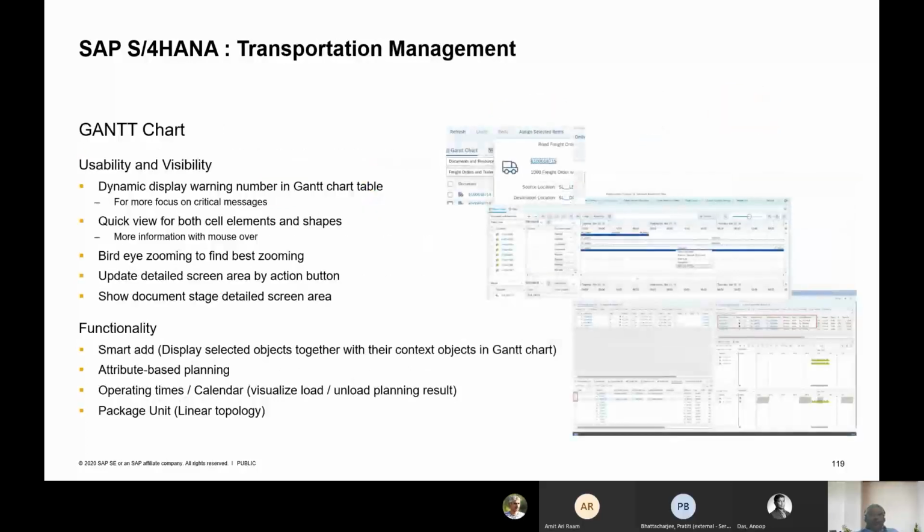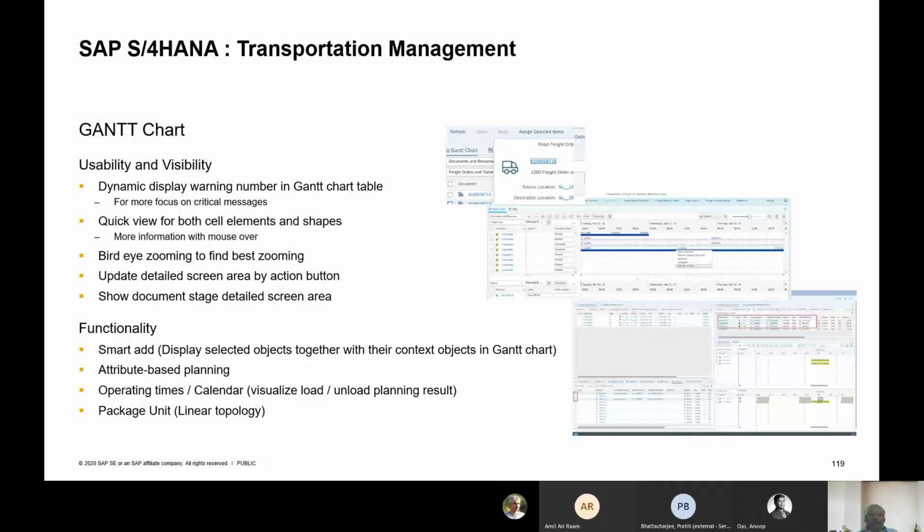Additionally, we can also monitor through the chart and different functionalities enabled through our usability and visibility of those individual activities that we perform at each process step level or sub process level. So dynamically displaying the warning number on the chart table, or having a quick view of both the cell elements and the shape.